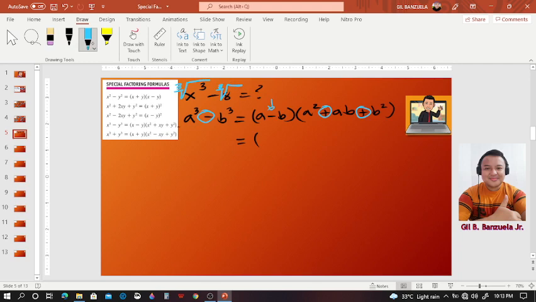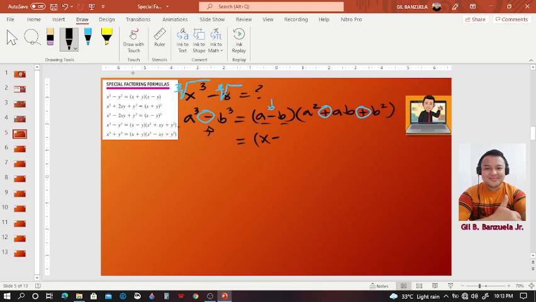The difference of two cubes and sum of two cubes will only apply to perfect cubes. So you have to know your perfect cube table, no? Our cube tables. So of course, if you're going to get the cube root of x cubed, then you will arrive at x. So that is your a. Then we simply copy the minus sign, just like what we have here on a minus b. So we simply copy the operator. Then your b is